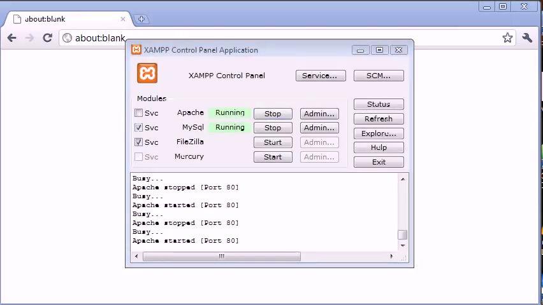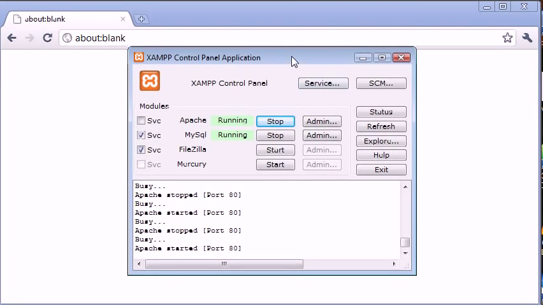I haven't talked to you about what we're going to do next, but what we're actually going to do is open up something called the XAMPP control panel application. Now what this is, it's a control panel for the services that are included with XAMPP. I'm not sure what version of XAMPP I'm running at the moment, but it is a slightly older version, so